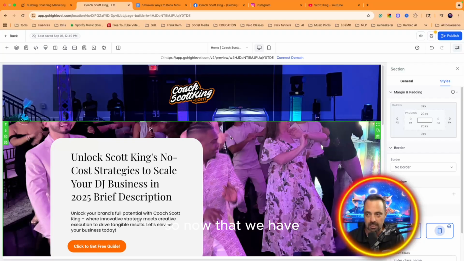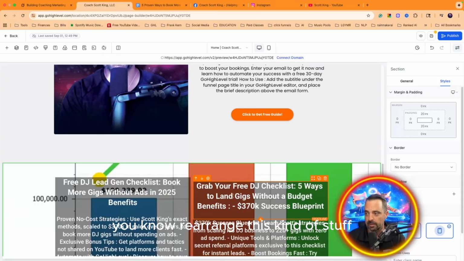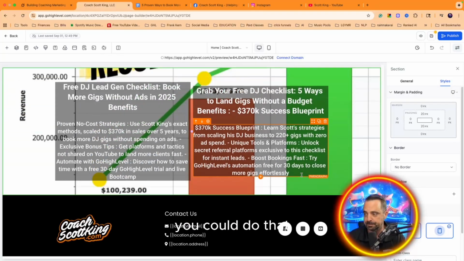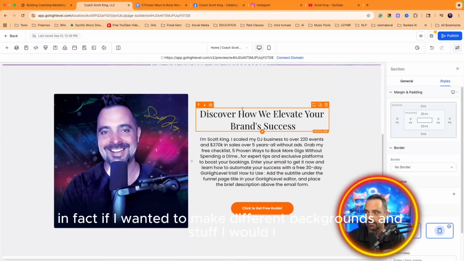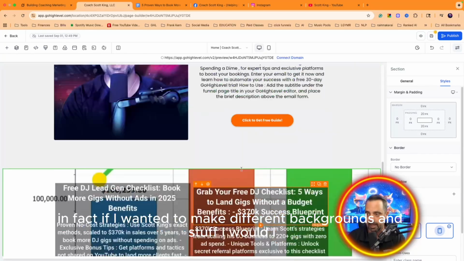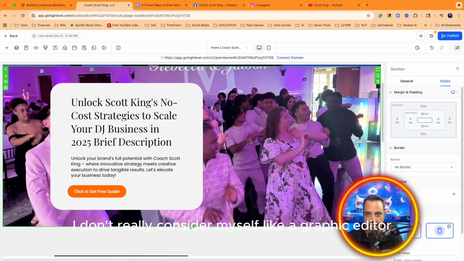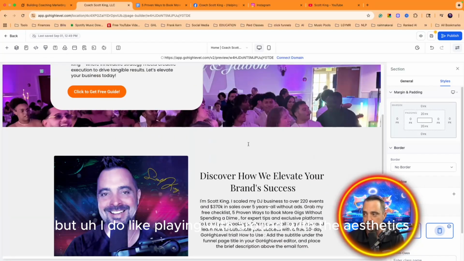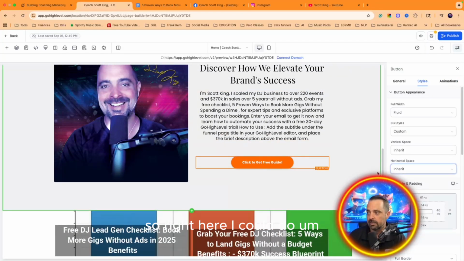So now that we have a funnel page kind of built, if you wanted to rearrange this kind of stuff, you could do that. But I'm just going to keep it like this. In fact, if I wanted to make different backgrounds and stuff, I tinker around with this all the time. I don't really consider myself a graphic editor, but I do like playing around with the aesthetics. So right here, I could do